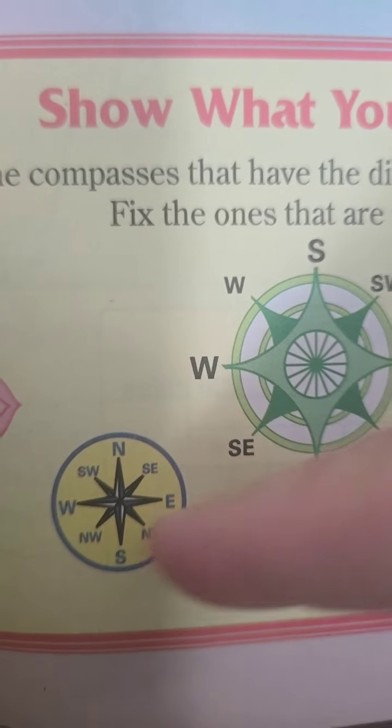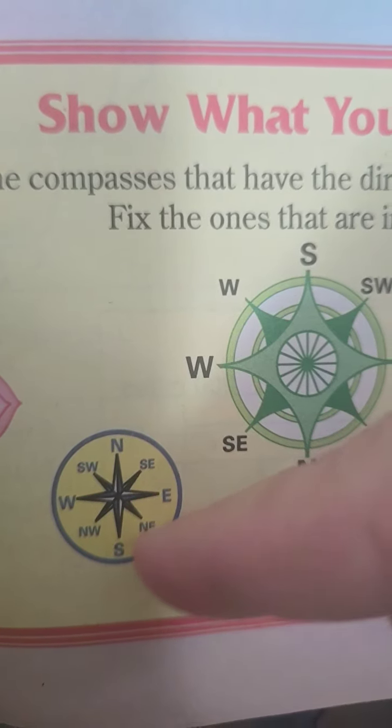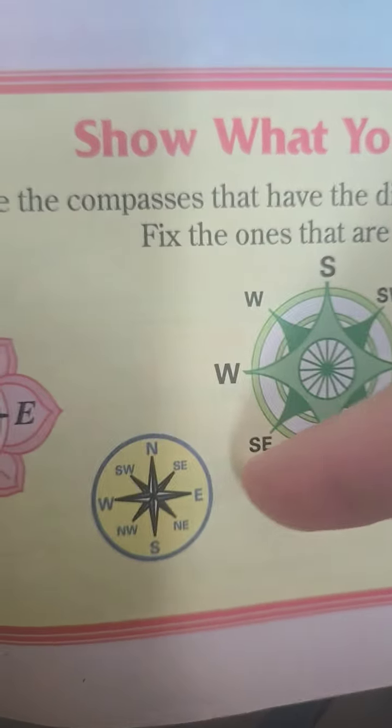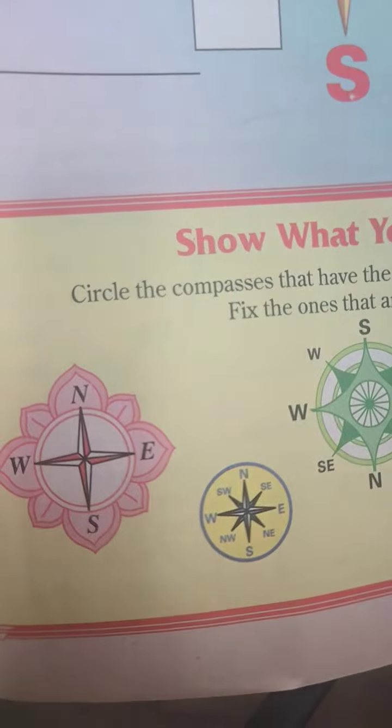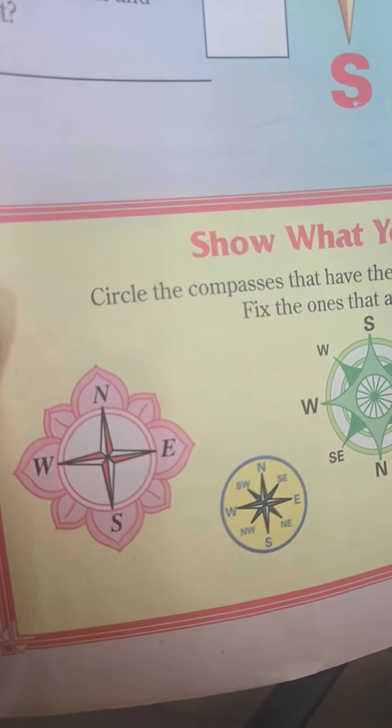Between S and E, which is south and east, that would be SE for southeast. In between north and E would be northeast. So you have to look at the ones that are correct and make sure that you have one that is